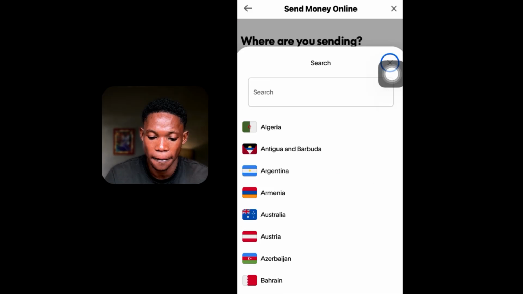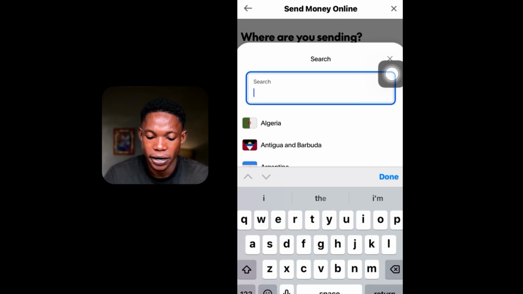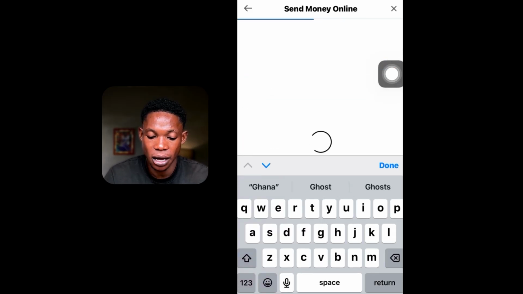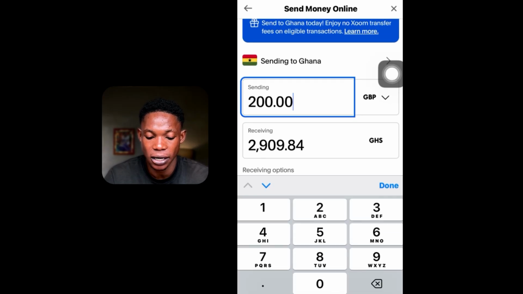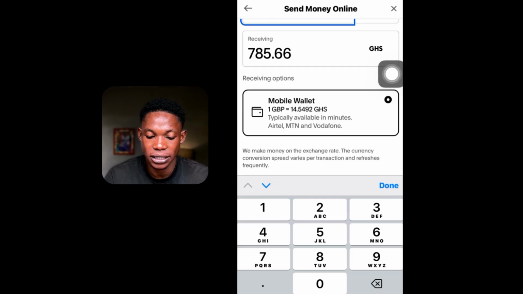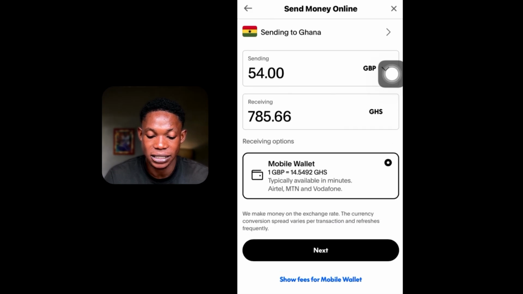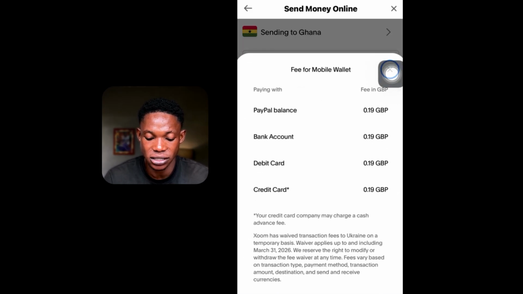So I'm in Ghana, so I'm going to search for Ghana. Right, so I'm going to change the amount which I'll be sending, and I think I have £54 in the account, which is equivalent to 785 Ghana cedis. So I'll select mobile money wallet, which is Airtel, MTN, and Telecel. These are the transaction fees. I'm going to click on next right here,